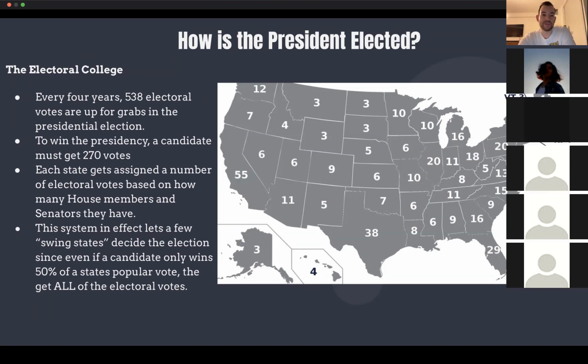They focus their efforts on the states that are 50-50, that are swing states. So like Ohio, Florida. Off the top of my head, I can't think of any others, but there are Wisconsin, Michigan, Pennsylvania. These are what have become the battleground swing states. Any questions on the Electoral College? Because I know this has been a big issue in the last few presidential elections.